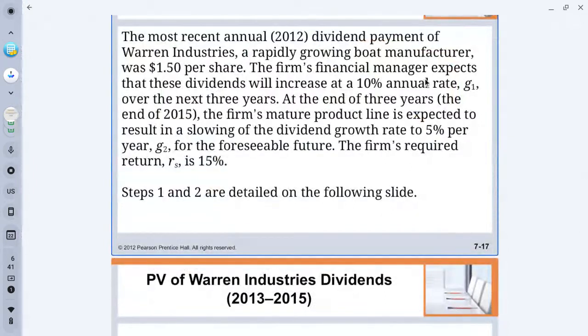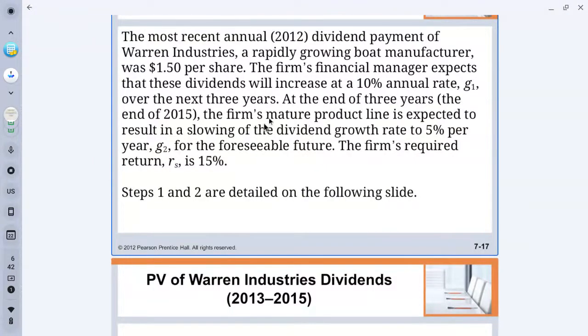So the financial managers expect that these dividends will increase at a 10% annual rate over the next 3 years. So we have one growth rate, fast growth, 10%. At the end of 3 years, so if time zero is 2012, 3 years later, 2015, the firm's mature product line is expected to result in